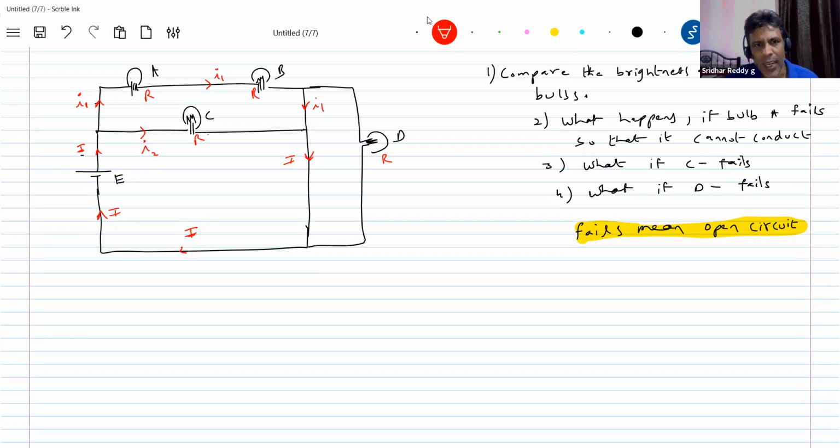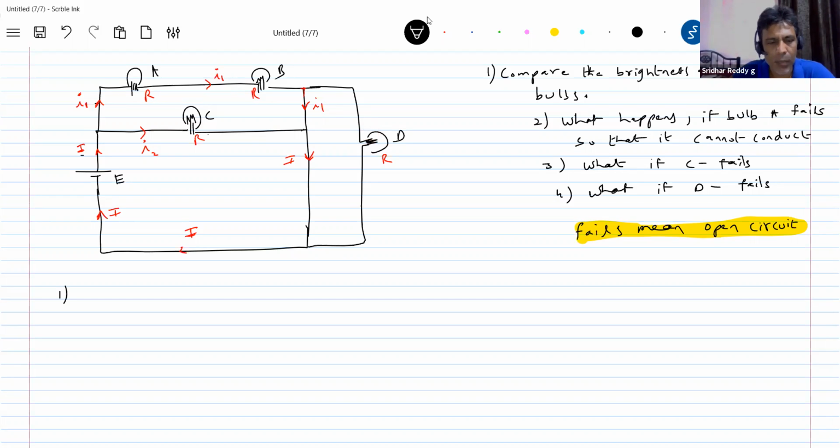So why will the current I1 not branch? There's a low resistance path. So here the current I1 cannot branch here. It's having a low resistance path, so it will take like this. And why not current I? There's a low resistance path, no, it will go like this. So no current through the bulb D. Bulb not damaged. There's no current through it. So brightness will be 0. Always say the bulb D got shorted. That's why no current through it. That's why it will not glow.